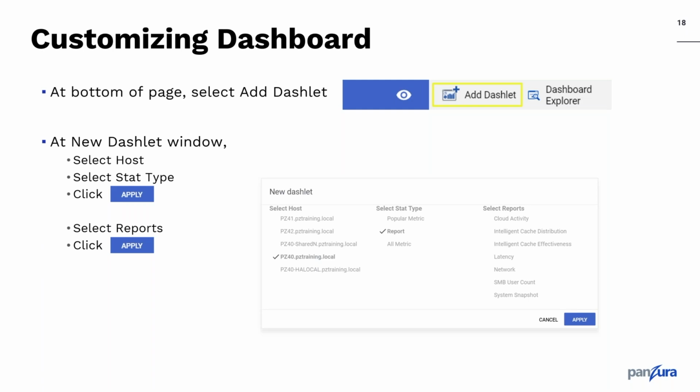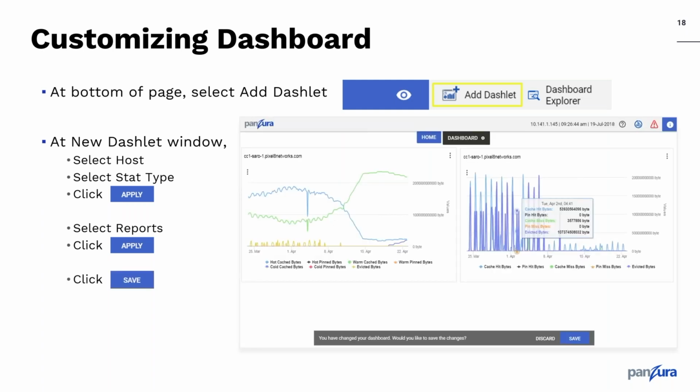In this case, I'd really like to look at our cache distribution and effectiveness. So I'm going to select both of those and put them on and apply it, and then look at the dashboard. And here's what you'll see on this new dashboard. For the cache distribution, that shows the hot, warm, and cold state of the local IRC cache. And you can see in this particular case, the blue line was our hot cache, and over time that decreased. And of course, as that data moved from hot to warm, the amount of warm in that green line increased,